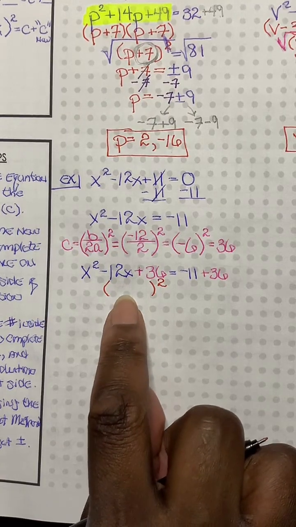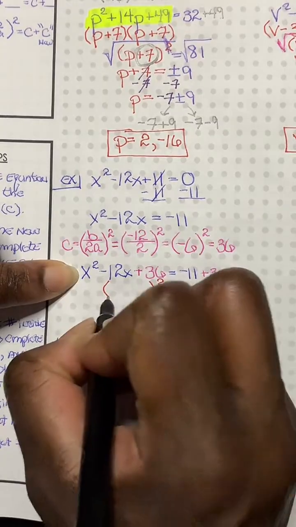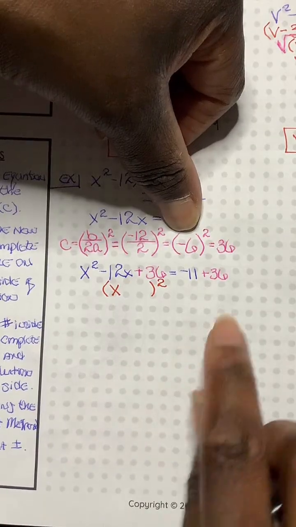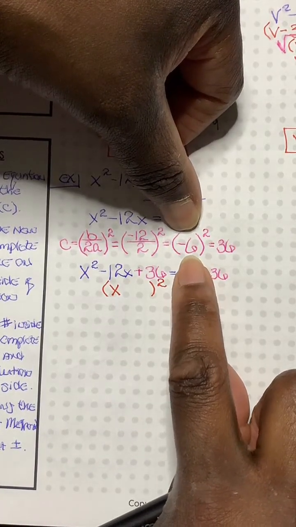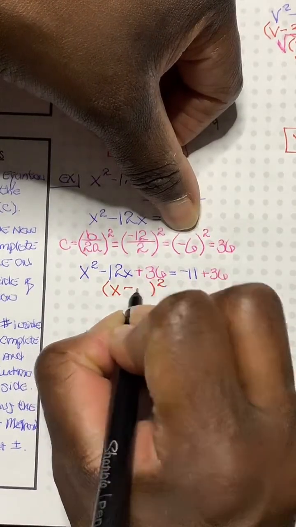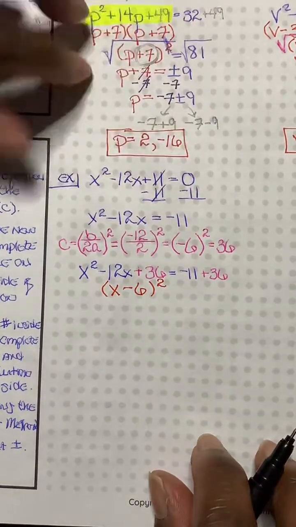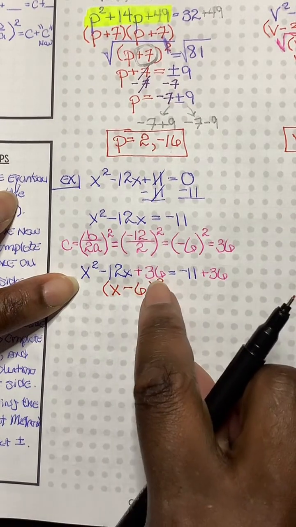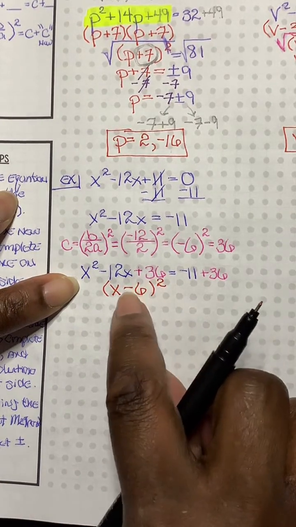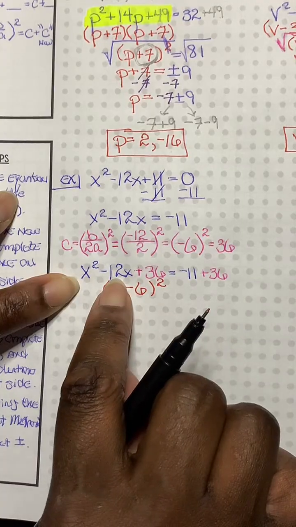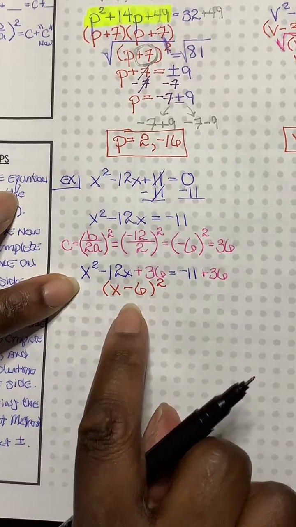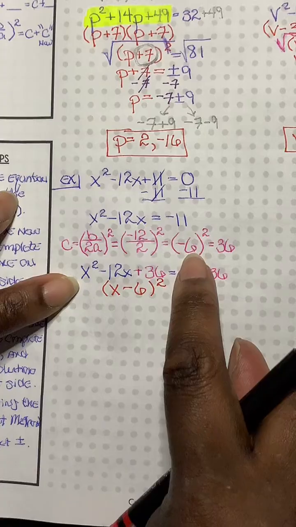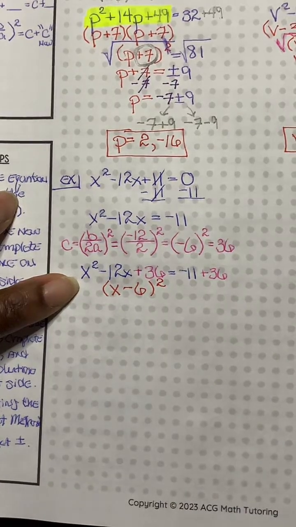There we go. So we're taking our variable, which is x, and we're taking the number that was found inside of that parenthesis before we squared it. Our minus 6. Take a look: negative 6 times negative 6 gives me a positive 36, and negative 6 plus negative 6 gives me a negative 12. So this works out for us. So we're always going to keep the sign before. And this is going to equal